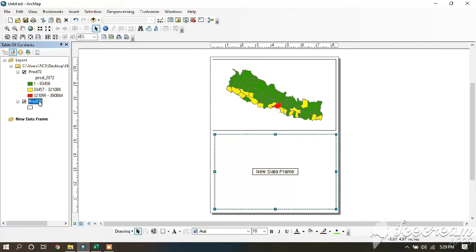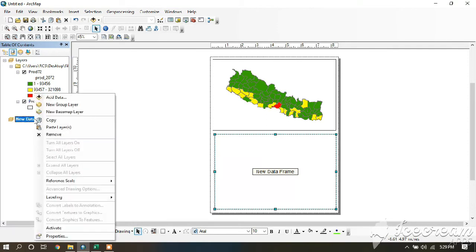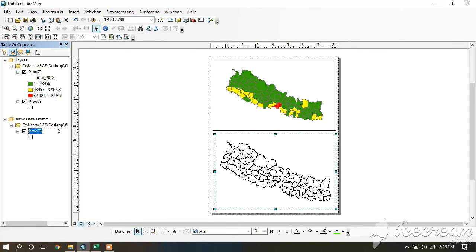Now we will be copying 2073 and pasting it in the new data frame and remove the